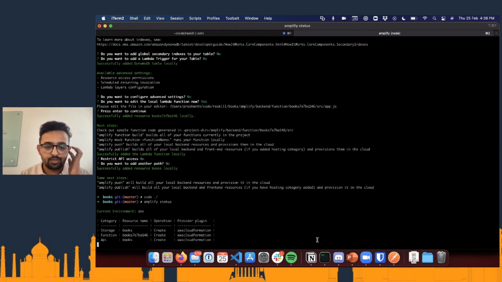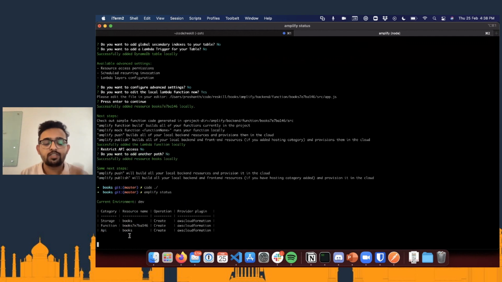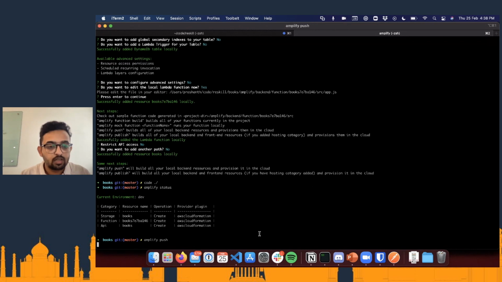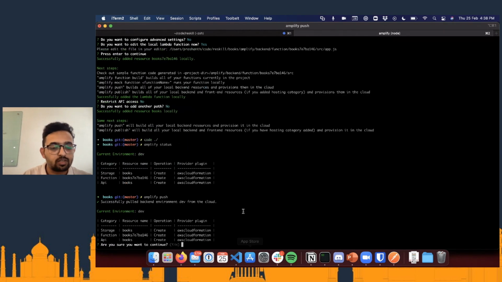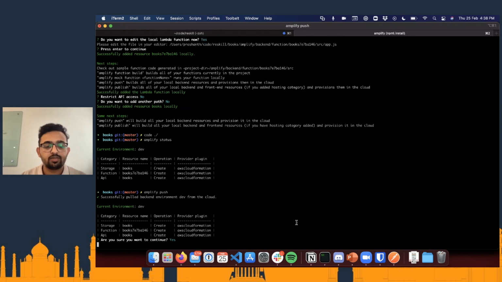And it is showing that all of these resources are there locally, but they are not created in the cloud yet. So to create these in the cloud, we need to do amplify push. It is giving us a confirmation, asking to confirm that it is going to create all these resources.